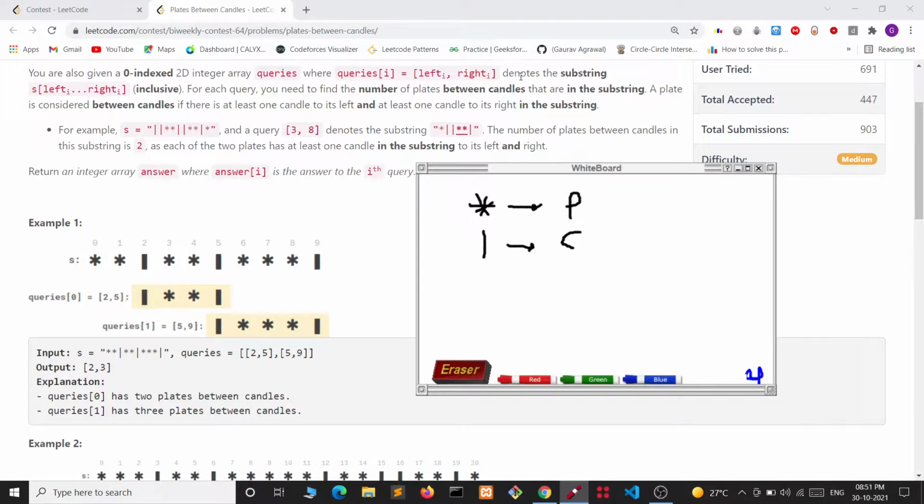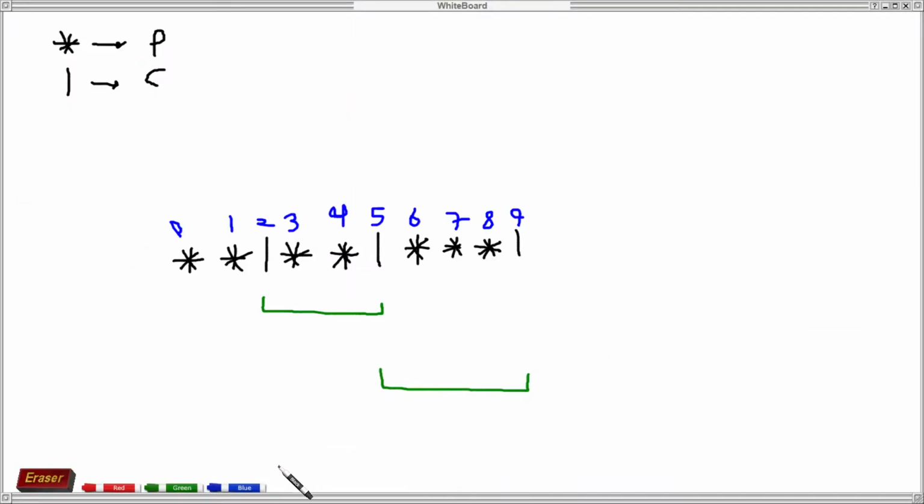Now, when can a plate be between the candles? Let's say this is the whole string, and in the query we are given this substring. We need to tell the number of plates here which are between the candles.